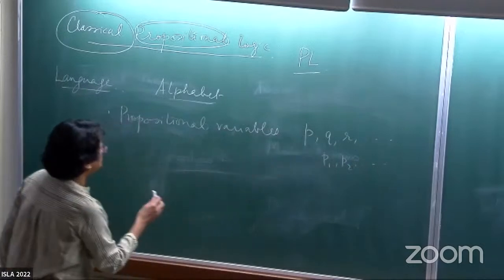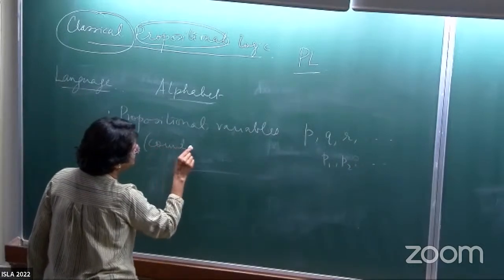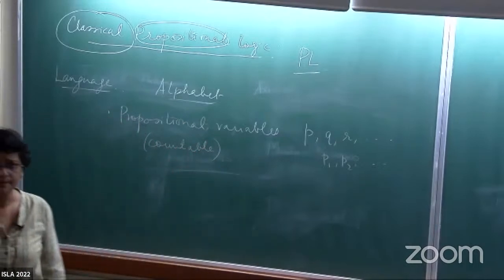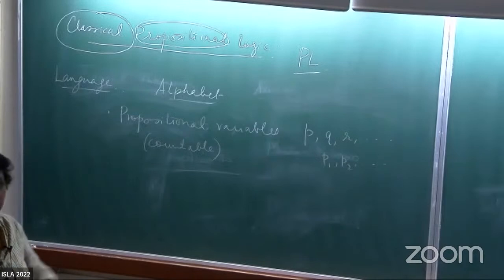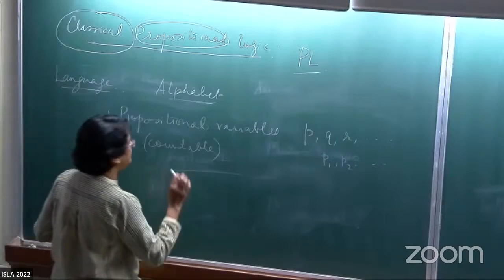This must already be giving you the hint that we will be talking of a countable set, which could be countably infinite or finite. But let me just make this remark and pass on that that's not necessary at all. You can also start with an uncountable collection of propositional variables, fine. Any case, as I said, we will be making our life simple, so let's not go into that.